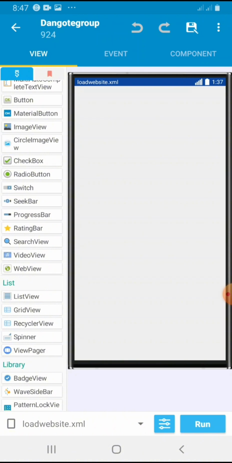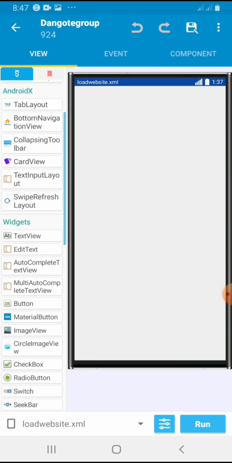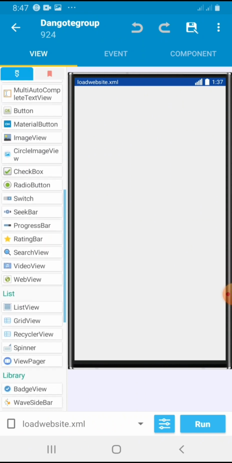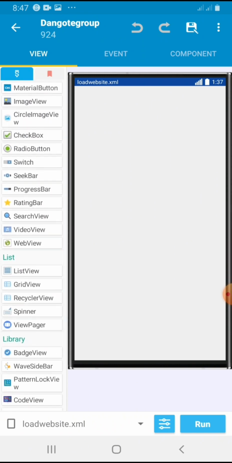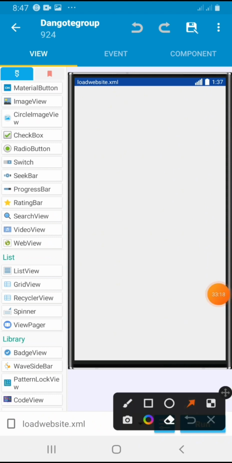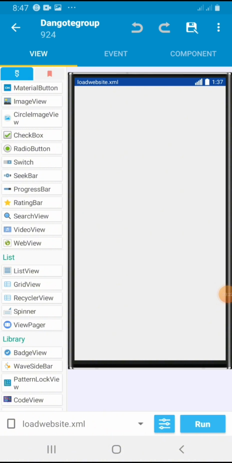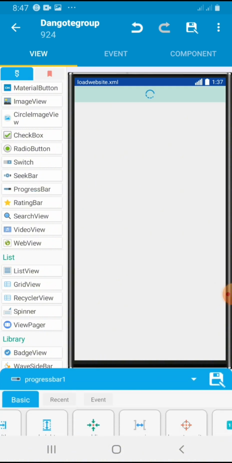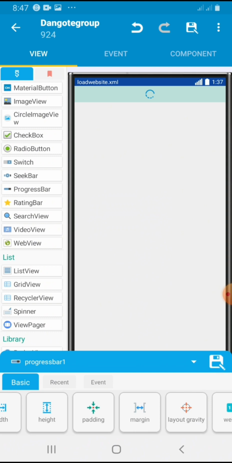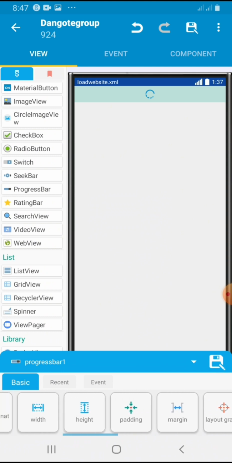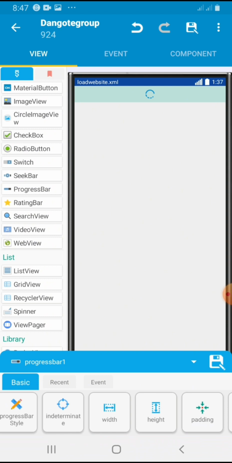So right now, we need a progress bar here. This is our progress bar. So we drag and drop. And we'll come down here to change the height. Already, the width is match parent. We want it so. We change the height